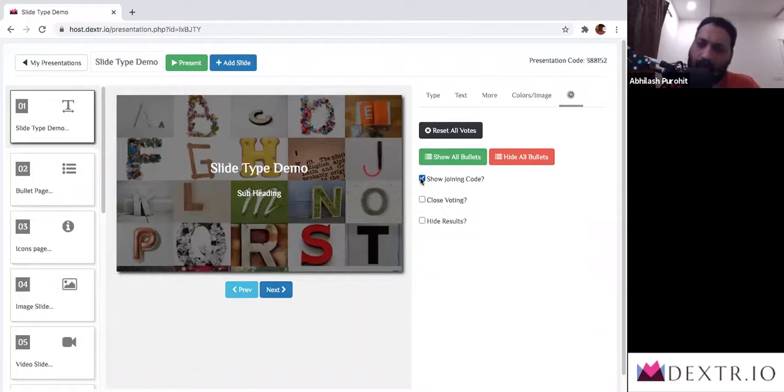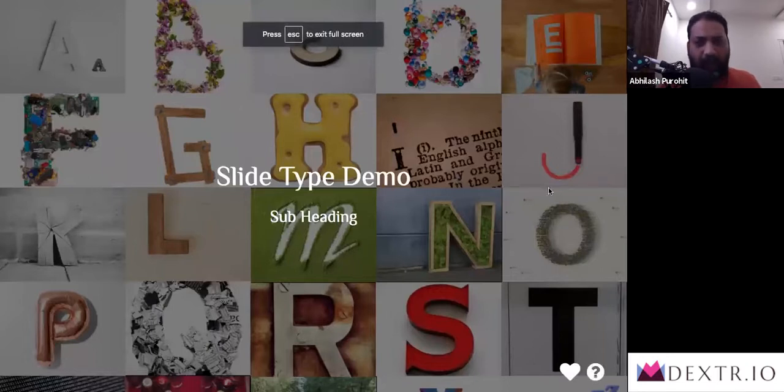I'm going to turn this on once more, and I'm going to do a presentation. Observe how this works when the participants actually start to participate. I click on present, or like I said, I can hit F. Once I'm on this screen, I can use the right or left arrow key to move forward or back.